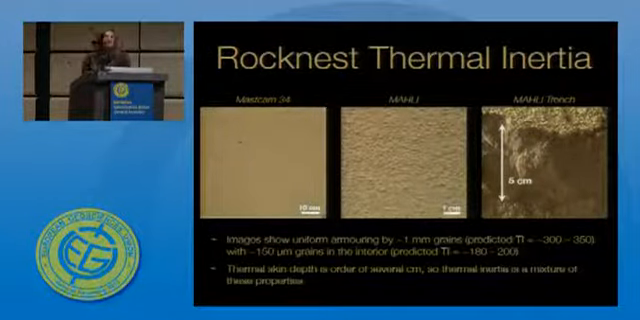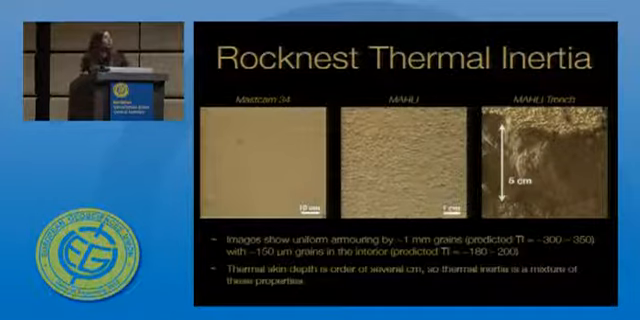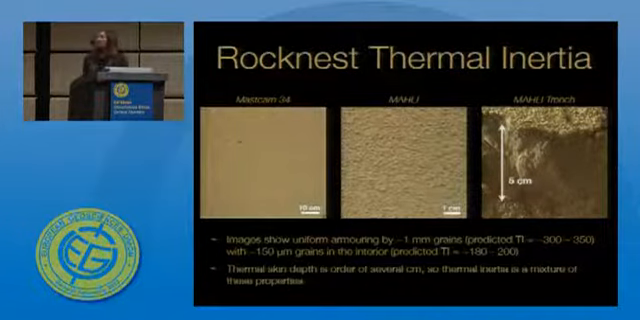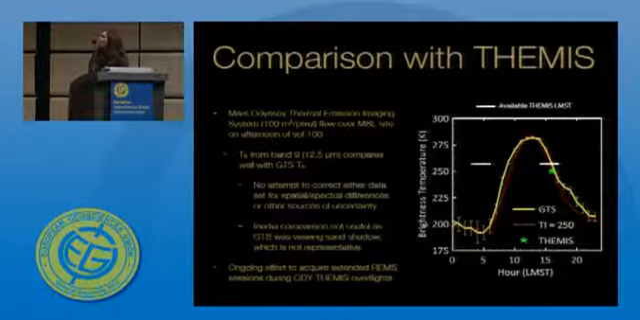And what we're essentially getting is mixing. And this is entirely possible with thermal inertia because thermal inertia is not a unique parameter. So finally, I'll wrap up by talking about comparisons of our ground temperature measurements with measurements of temperature made from